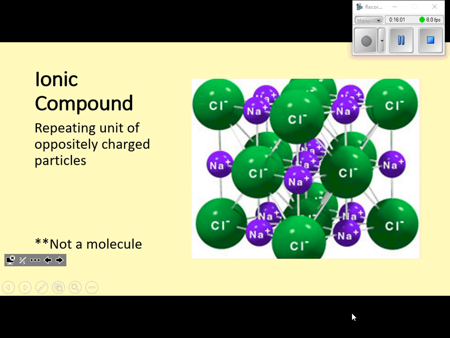But if Cl minus was smaller as well, we should be able to pack them in even tighter. If Na was bigger, there'd be more space in between. That space in between is what we need to focus on here. An ionic compound is based upon Na plus and Cl minus attracting each other over and over and over again, as this picture demonstrates. If I wanted to melt an ionic compound, I have to undo these attractions to a